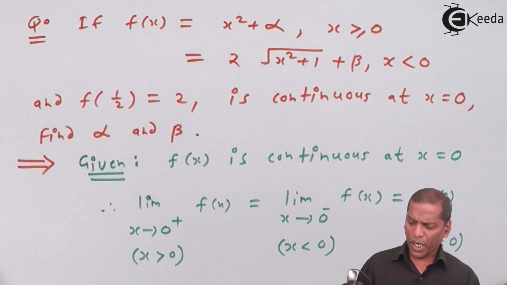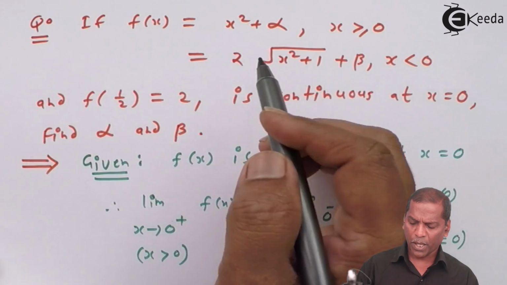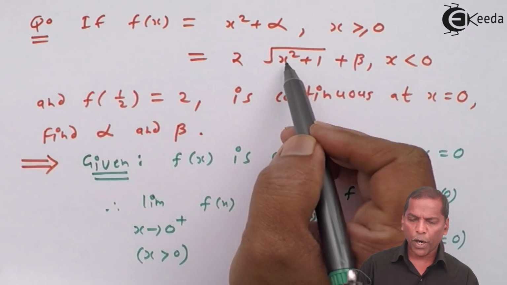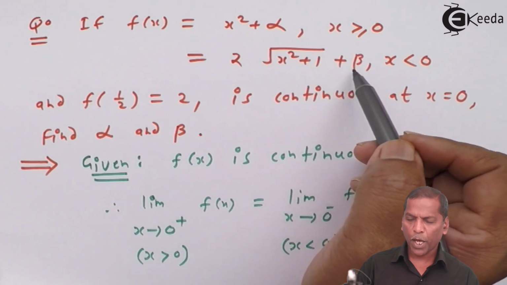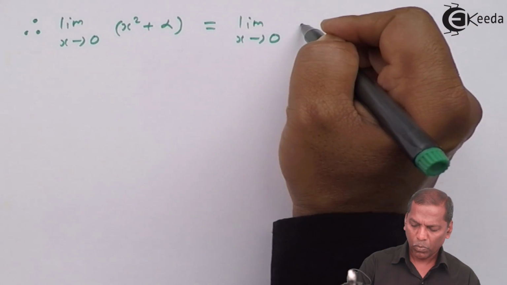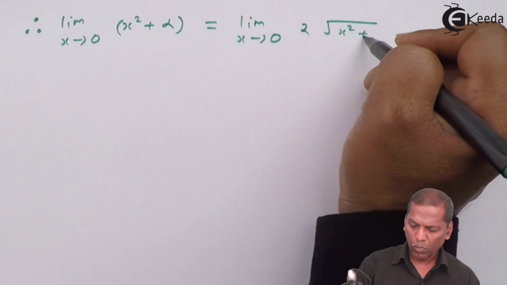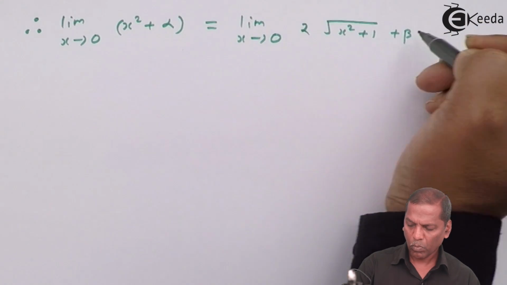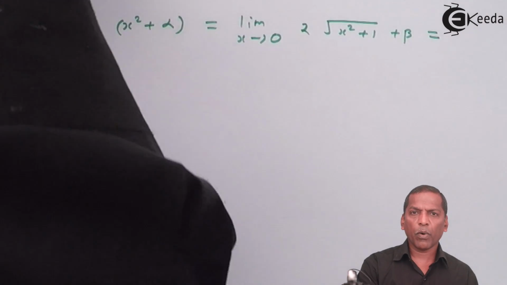Now for x less than 0, f of x is defined as 2 into square root of x square plus 1, square root complete, plus beta. And at x equal to 0,